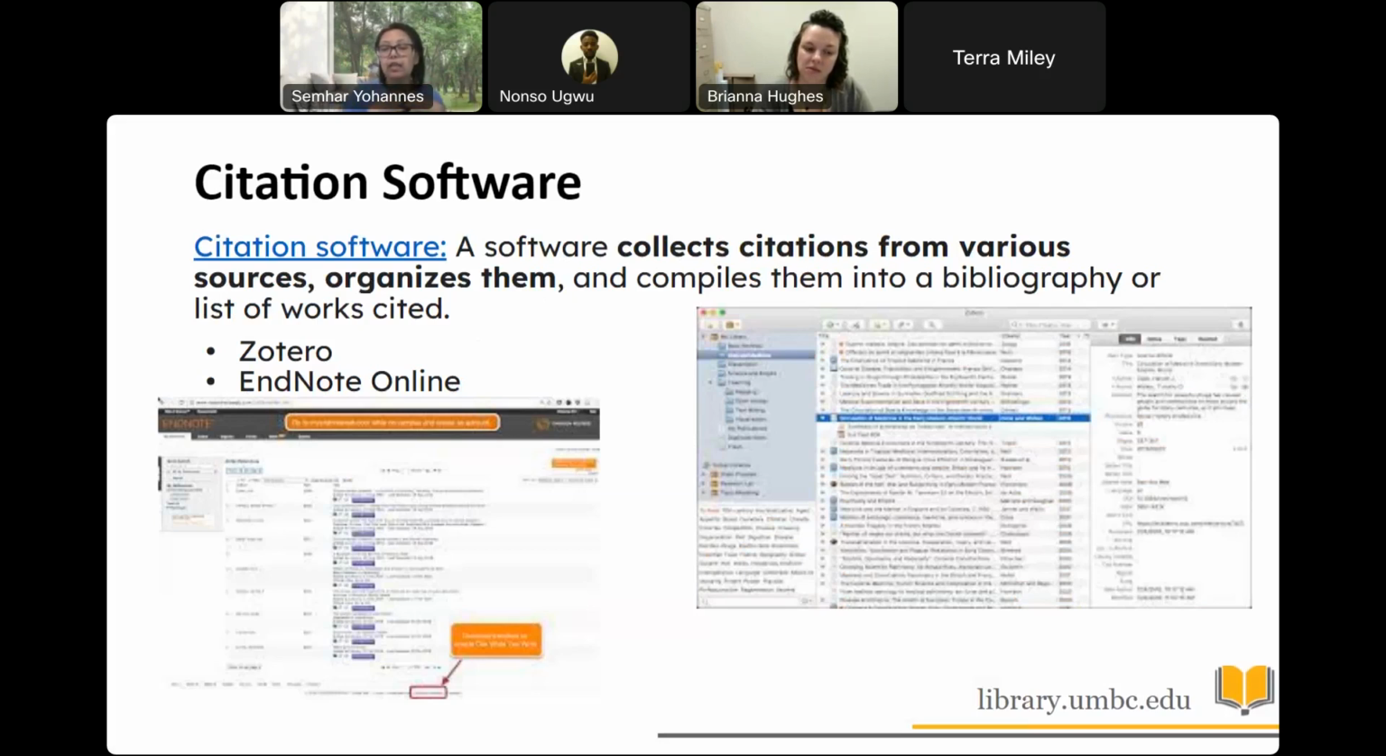And so here at UMBC, we promote two citation software, Zotero and EndNote. They're great resources. I strongly recommend using them if you're a graduate student. And I would say if you're working in a lab, if you're working closely with a faculty, if you're doing any collaborative work, please use the same citation software that your faculty is using or the other people in your